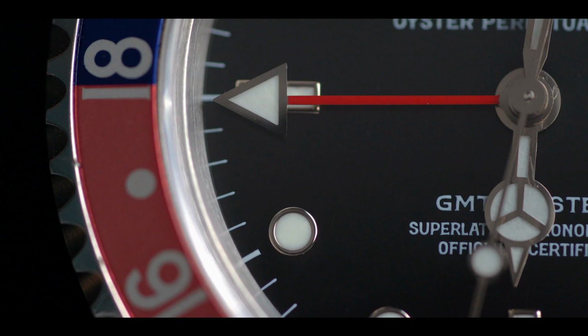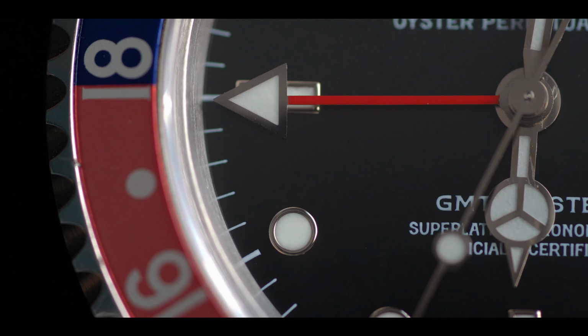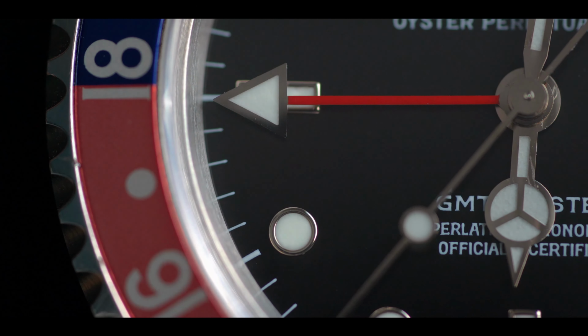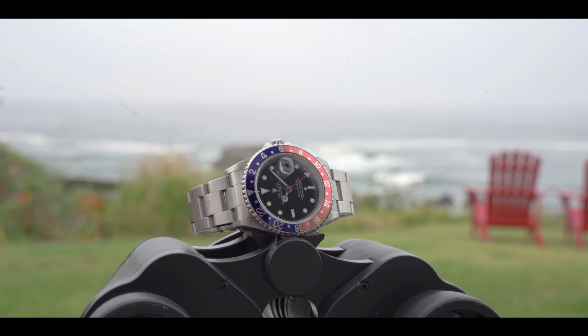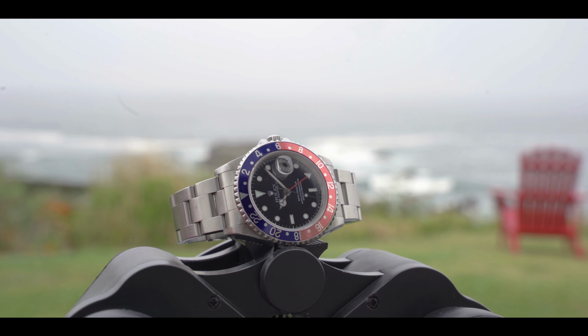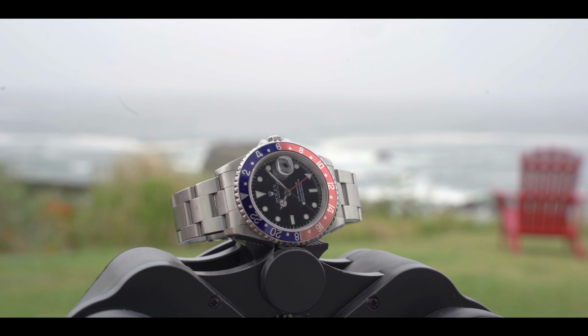You might also question whether it was laziness on the part of Rolex to just add a red hand to a Submariner and call it a whole new watch, but alas, over the past 7 decades, the watch has carved out a universe all to itself. With its illustrious history, playful colors, and durability, it's no wonder that these are some of the most coveted models